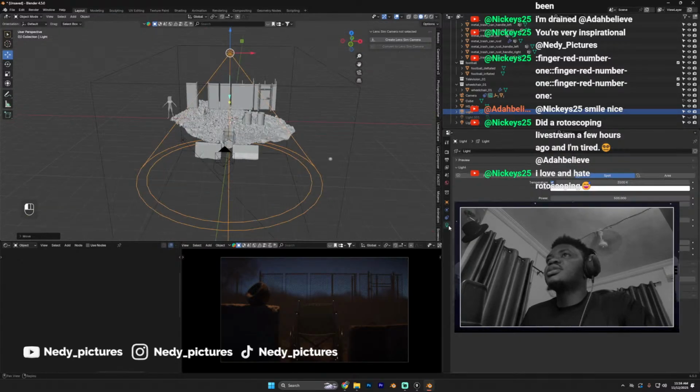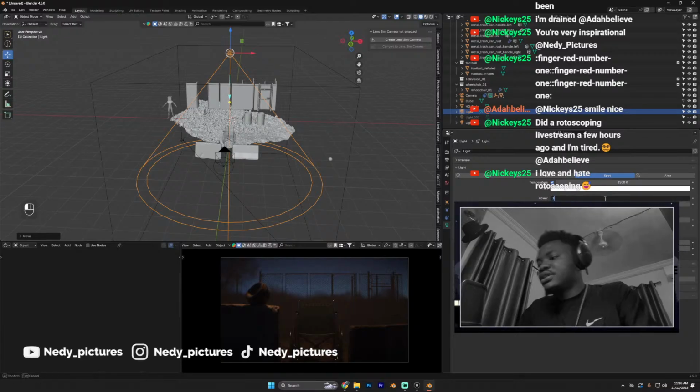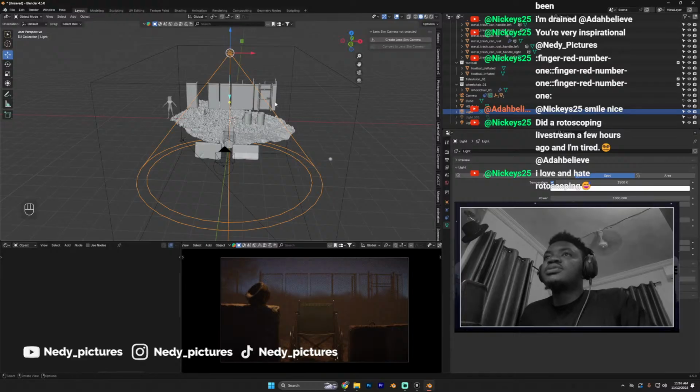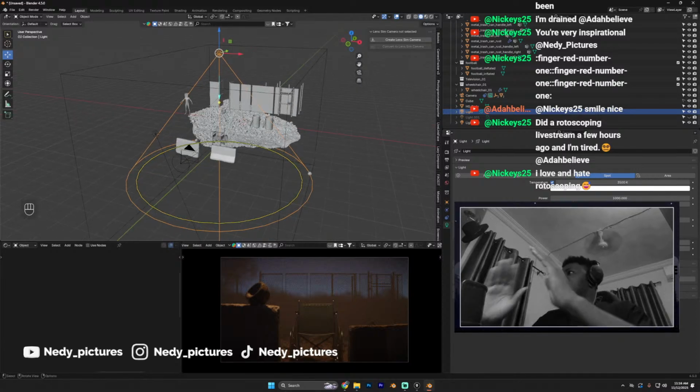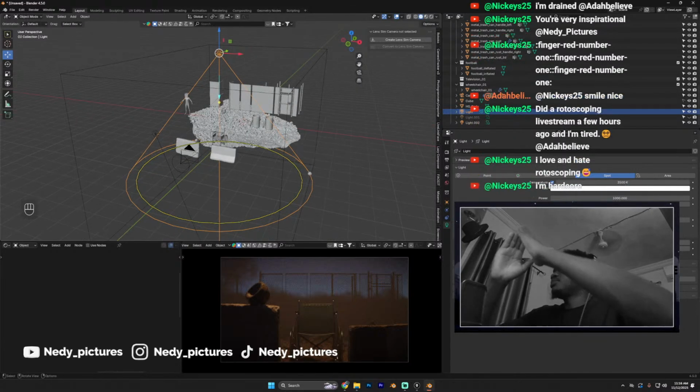So for this light, I'm going to increase the lighting. Since we have fog, the fog has reduced our light. I don't know what is going on right now, but this is not what I expected to see. I was trying to create something that looks like